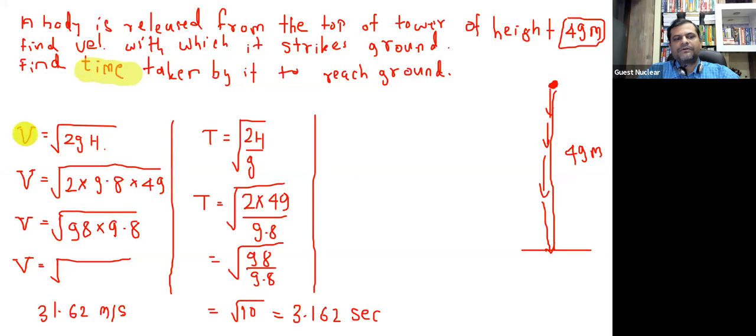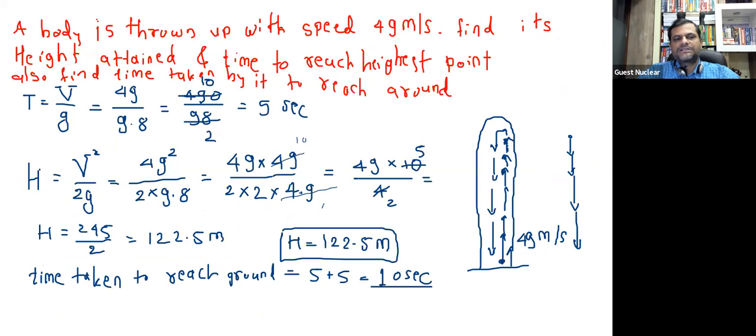So velocity can be found out by this formula, and time can be found out by this formula. We have seen it now, and also we have seen another example in which a body is thrown up with a speed of 49 meter per second, and we have to find out its height attained and time to reach the highest point. And also afterwards we have found out the time taken by the body to reach the ground completely. तो वापस नीचे आने के लिए कितना टाइम लगता है तो वो डबल होता है, वो भी हमने उसमें देखा था।